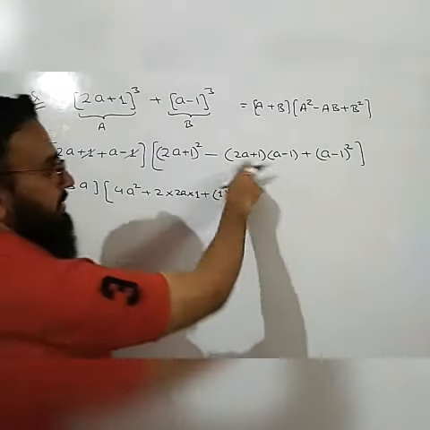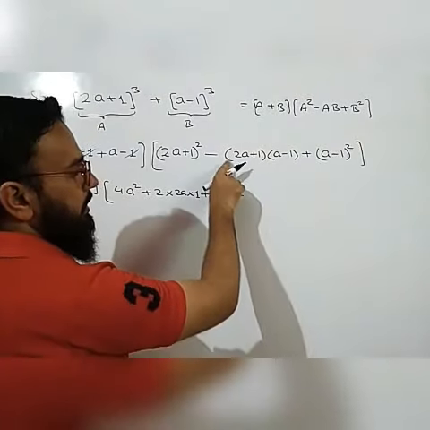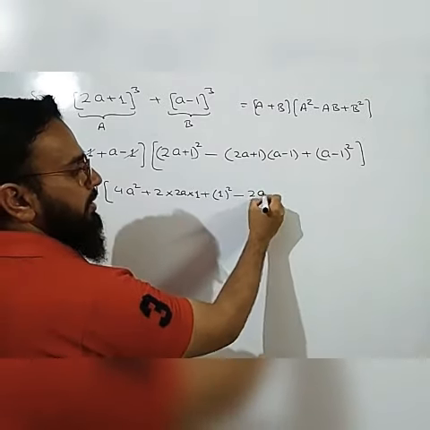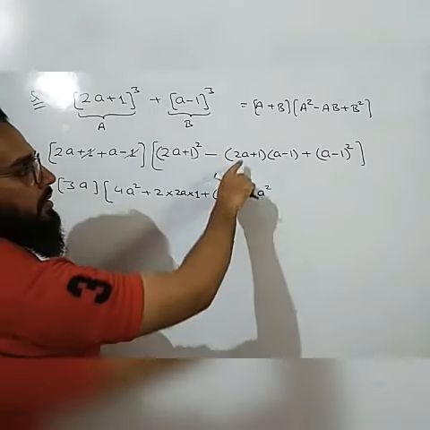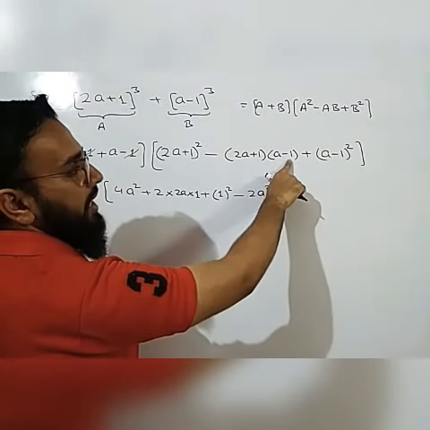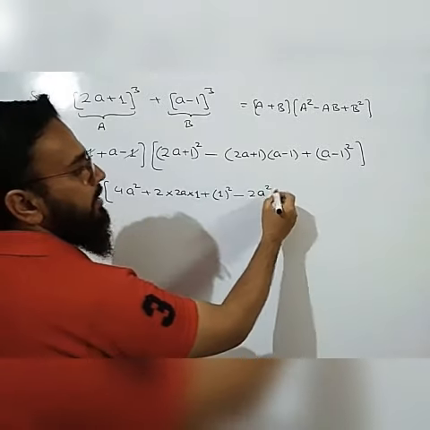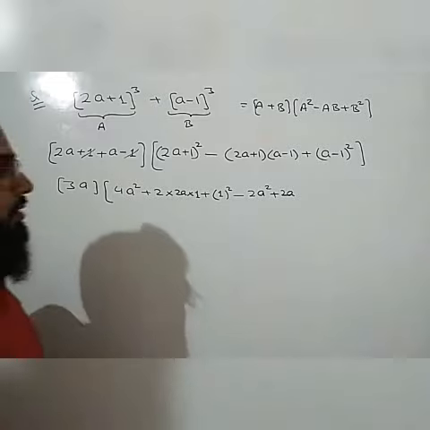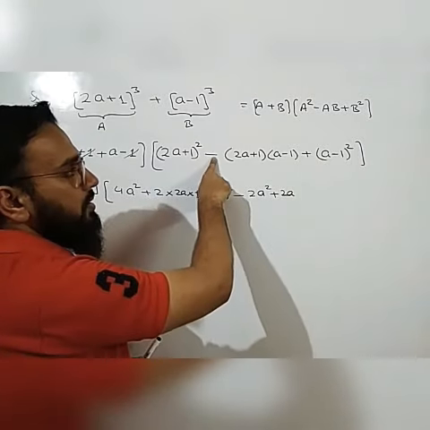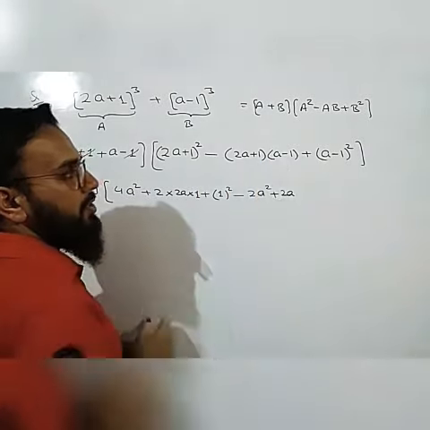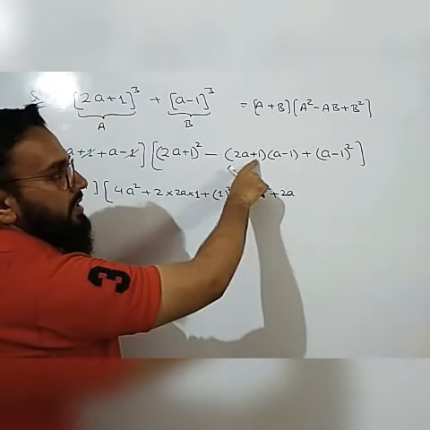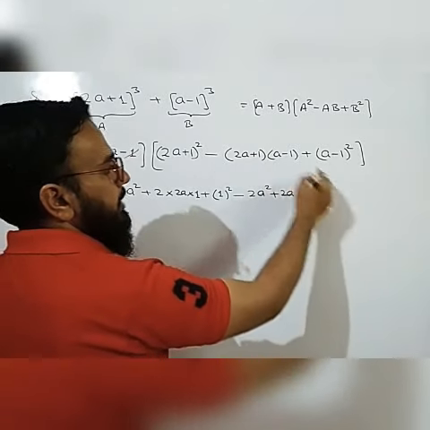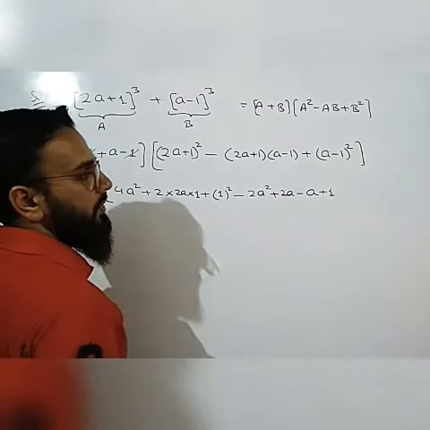Then in the second bracket, if we multiply both the brackets, we will get, this is minus sign, 2A into A. It will be 2A square with minus sign. Then 2A into minus 1, it will be minus 2A. And again there is minus sign, so it will be plus 2A. Okay, take care of the signs. What are the signs? So it is minus 2A into minus 1, that will be plus 2A. Then if you multiply this minus sign inside, it is minus 1 into A, that will be minus A, and minus 1 into 1, that will be plus 1.